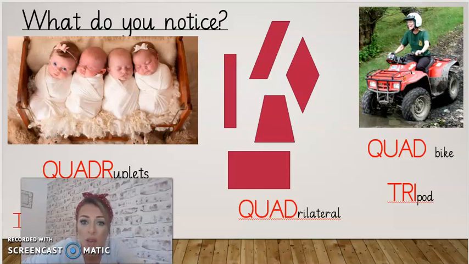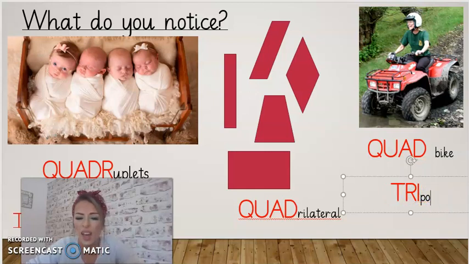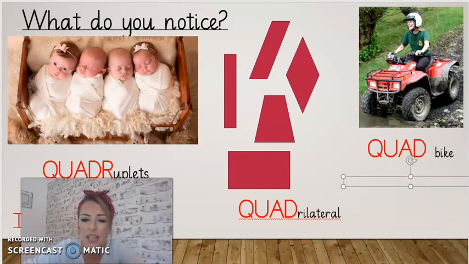So 4 babies. They look like quite sweet quadruplets, but it must be very hard work to look after 4 tiny babies like that. Quadruplets, 4 babies born at the same time. Now we've got this word here, which looks like a big long fancy word. But really, I think we know this word. We've had it in our maths lessons. It says